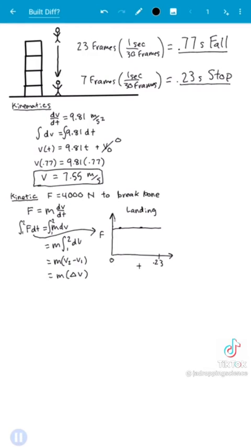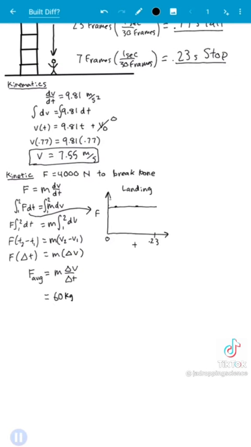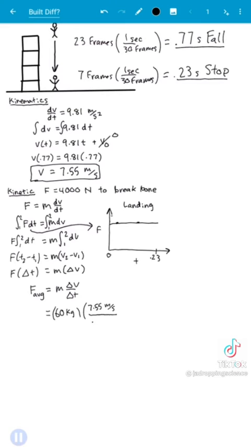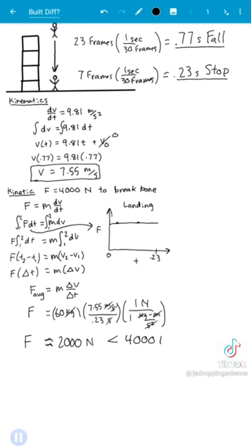Since the force here is the same, the force is constant and we can take it out of the integral just like we did on the right hand side. What we're left with is the force times the change in time. Now we can solve for force, but this force is actually the average force, which happens to be the maximum in our example. The dude in the video is pretty short, no offense, so I'm going to guess around 60 kilograms. I could be off though. So 60 kilograms times 7.55 meters per second divided by our stopping time, 0.23 seconds, and then the units check out. So if he's able to distribute the impact evenly with time, his body only experiences about 2,000 newtons of force, which is much less than the 4,000 needed to snap an average person's leg.